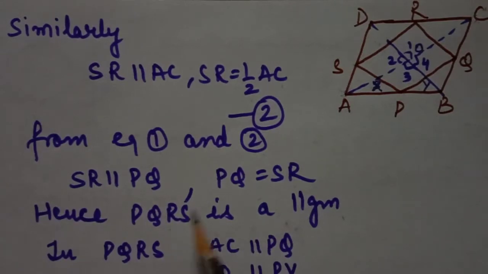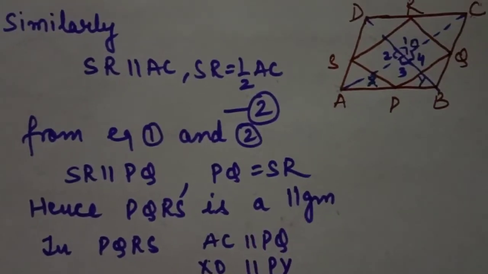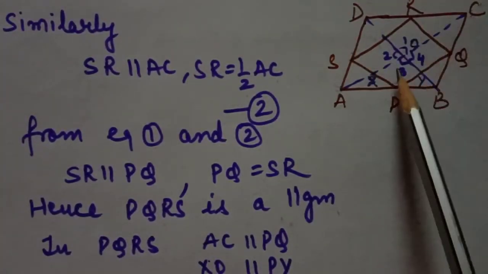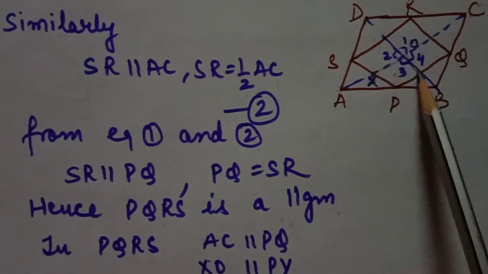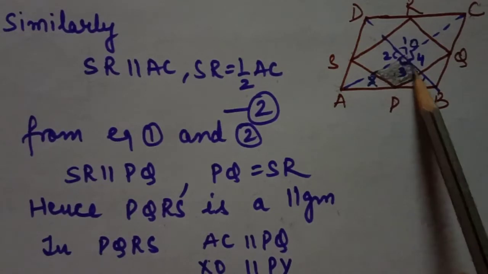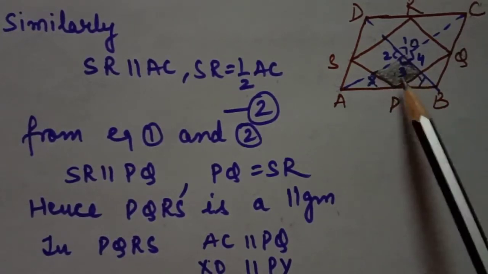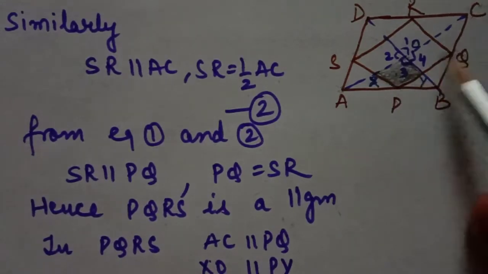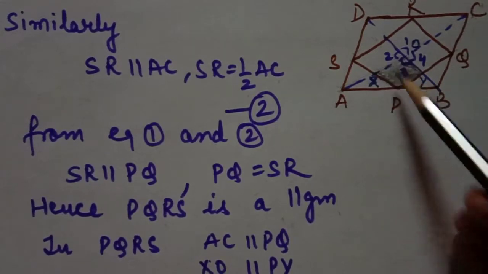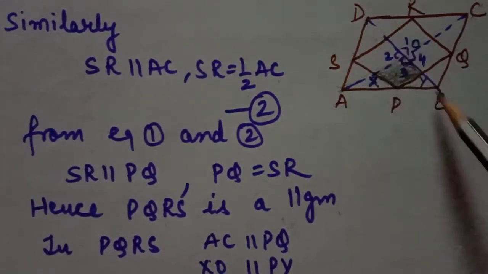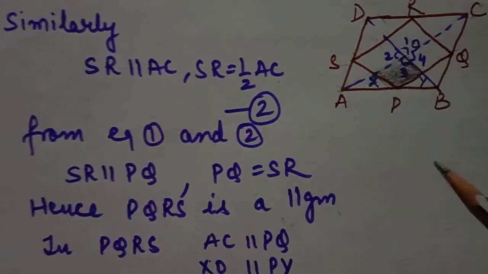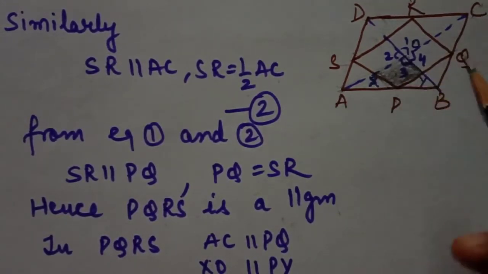Now it has become a parallelogram. Students, in this small quadrilateral in this diagram, I am going to prove that it is a parallelogram. If this complete line is parallel to this complete line, then a part of this line and a part of that line are also parallel to each other. These two lines are parallel by the midpoint theorem, so part of this line is also parallel to part of that line. So it becomes a parallelogram.